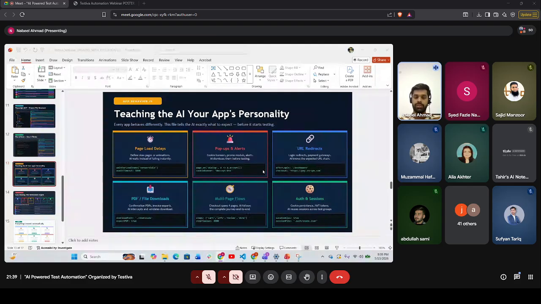In that behavior file, we will explain to our AI agent that our app has a certain way of behaving and responding to all the actions, button clicks, and performing the actions. If we are clicking on a download button, it specifies after how many seconds or minutes it will download our file, or whether it opens in the same tab, a new tab, or something different.